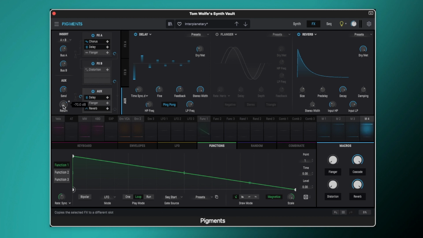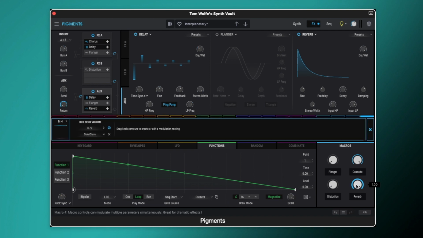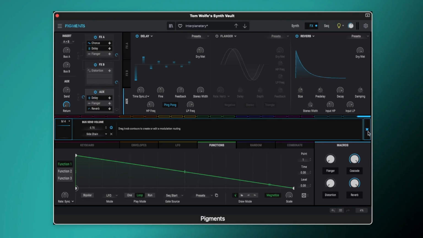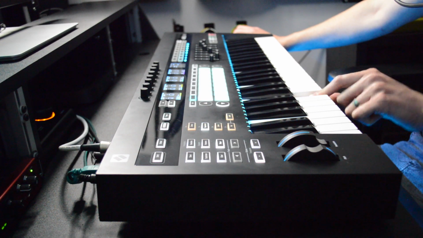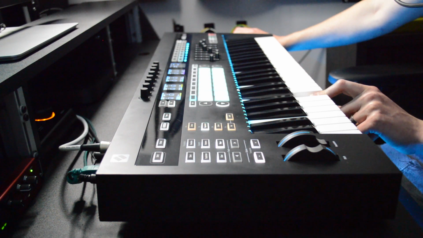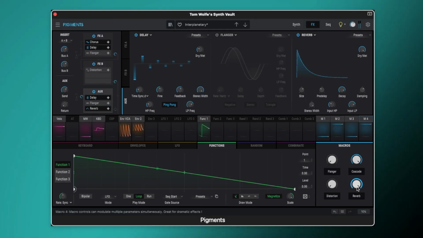And as you can see, our return is turned all the way down, but that is because we have got macro controls over this. So macro 4 is assigned to the reverb level there. So with the macro turned up, we are getting the reverb return. So let's have a listen. So if we turn that down,